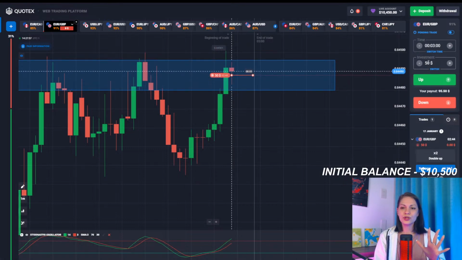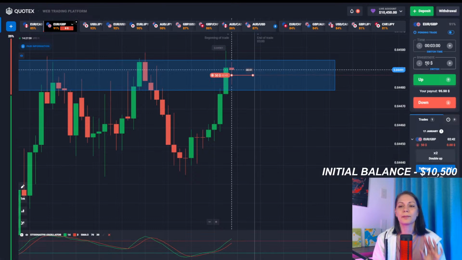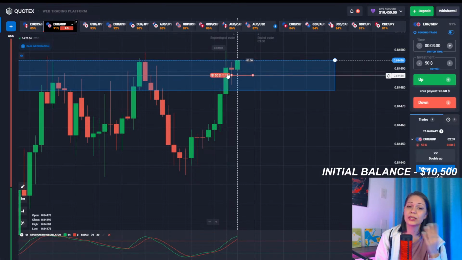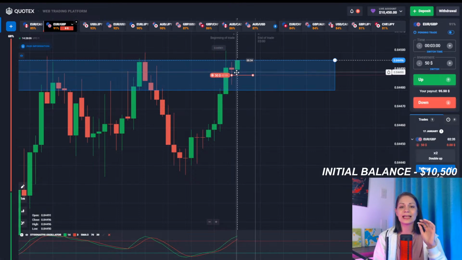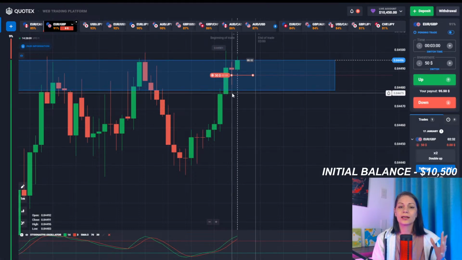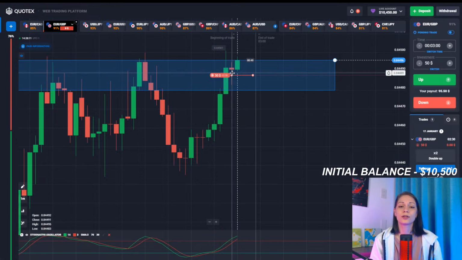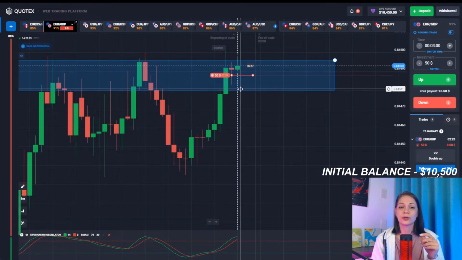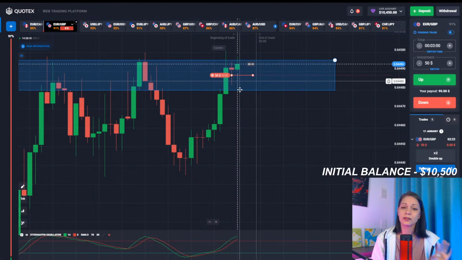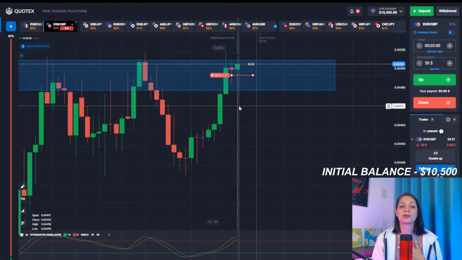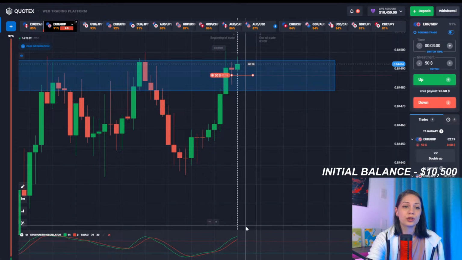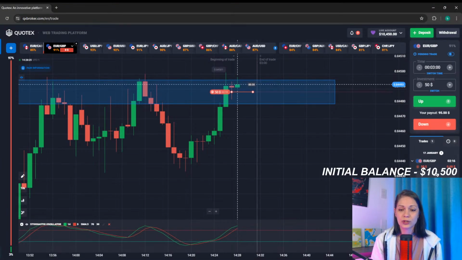Mind you, I'm working with a really small amount of money and I can afford Martingale steps. If you cannot work with Martingale, deals like that are going to be too risky for you, and it's safer to enter a deal if the candlestick closes lower than the level. But in any case, quite a good entry point, so probably the price is going to drop. Currency pair Euro/GBP, 3-minute expiration time, using $50 for a downward trend.